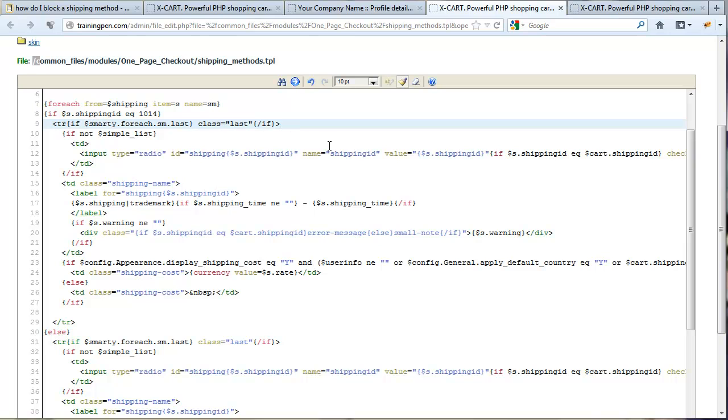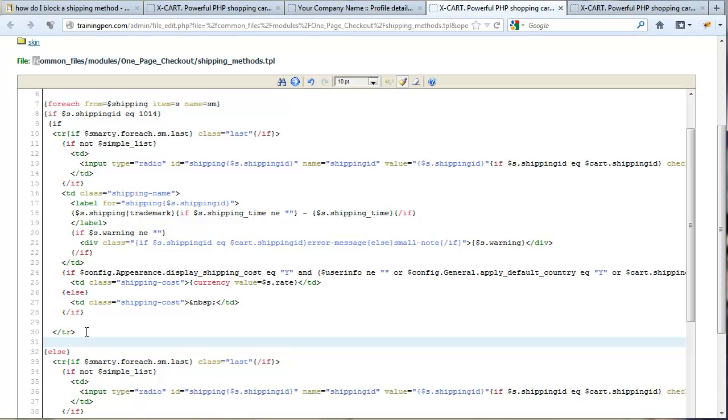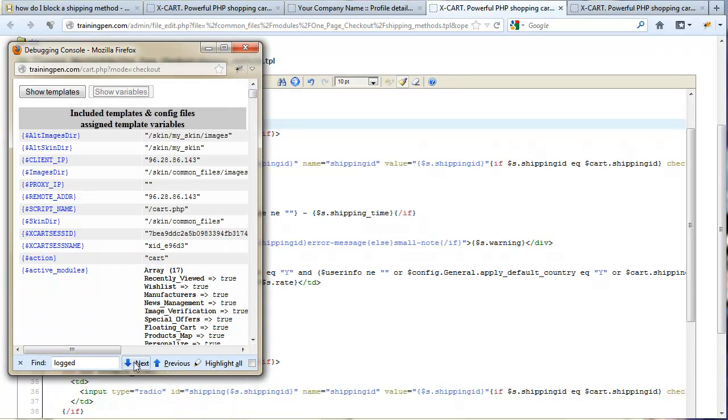So, we're only going to display this TR if, let's just put one space there. So I only want to do it if they're logged in and they have the right membership. So I'm just going to wrap this around the start of my if statement. So it's just not going to display this entire row if this criteria that we fill in here is not going to be met. So I'm going to pop back over to my debugging console and look at my variables, and I know that I'm going to look for